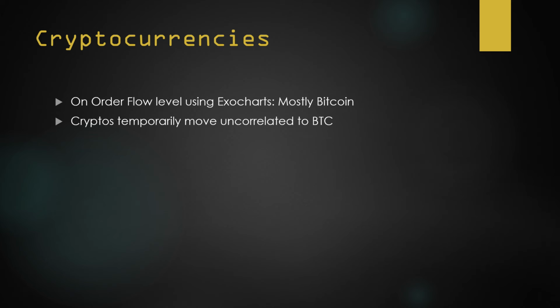For cryptocurrencies, I either trade Bitcoin or a token that temporarily moves uncorrelated to Bitcoin. So examples are GMT and Metal a while ago, and Tron right now to a lesser extent. For Bitcoin moves, aside from the regular charts, I also check Exocharts for the order flow data, Coinalyze, and Aggretrade. That way, especially for scalps and short day trades, I will have an edge on the market.